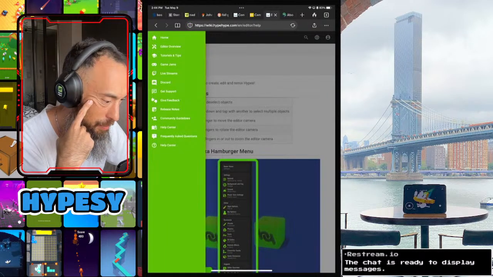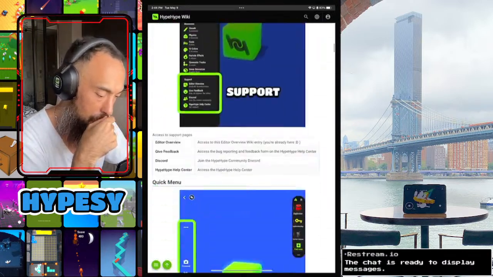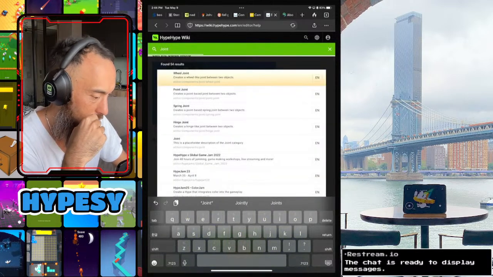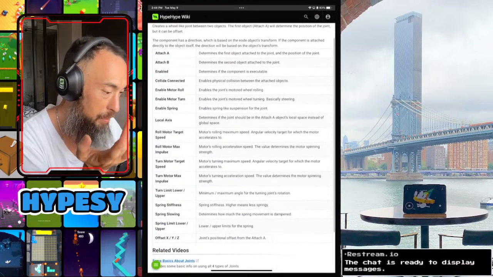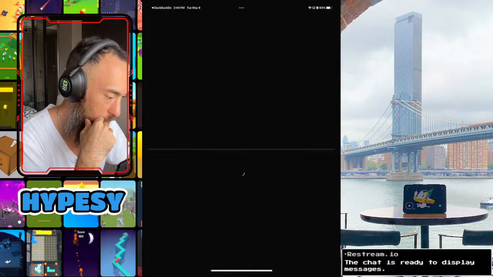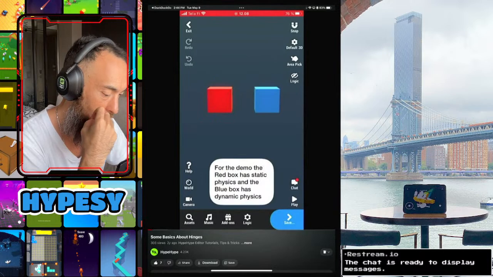Game Jam, tips and tutorials, no editor overview, that's what we want. Oh, I don't want all this. Maybe if I just type in joint. Okay. Maybe a wheel joint. We do want it to spin like a wheel. Here are some basics about joints. This is a video. Okay, so a hinge joint looks like it could be